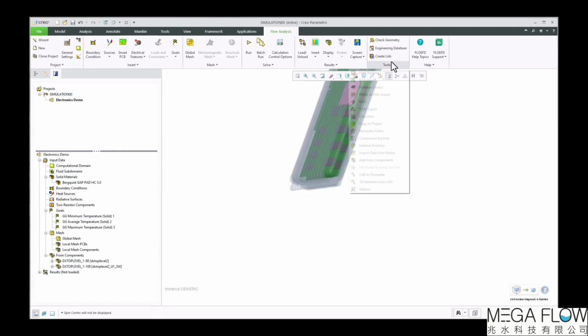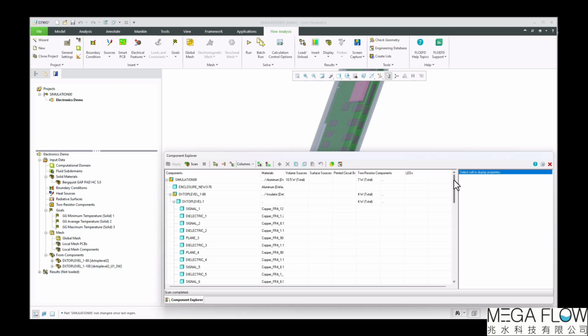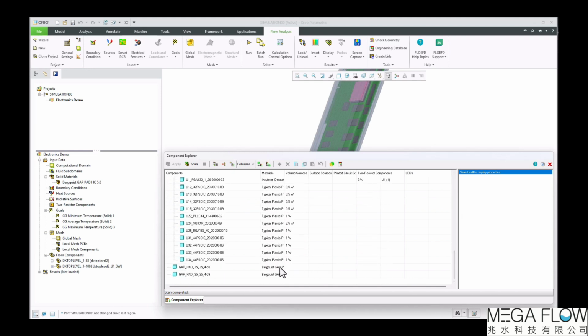Now let's talk about Component Explorer. Component Explorer allows you to view, edit, and create new features for all your components in your model in this one area. So you have the ability to change the material, volume source, surface sources, printed circuit boards, 2-resistor components, and LEDs. So for example, if we look through our model here, let's say we want to change the material